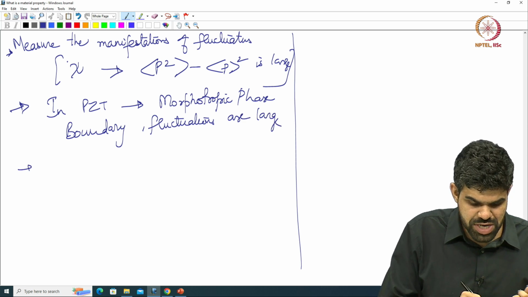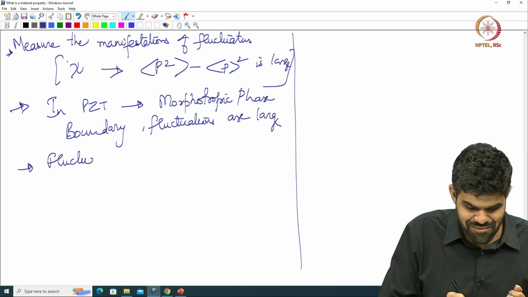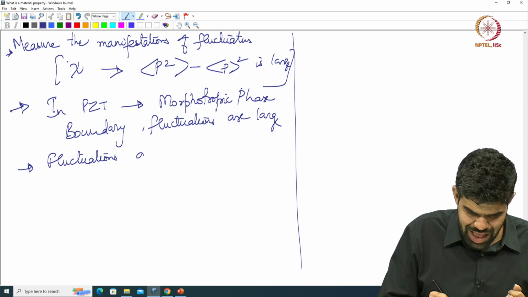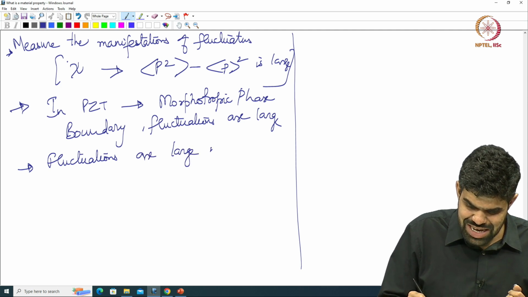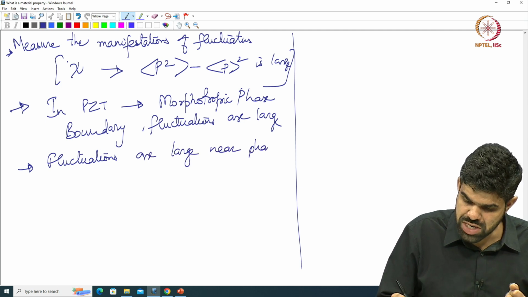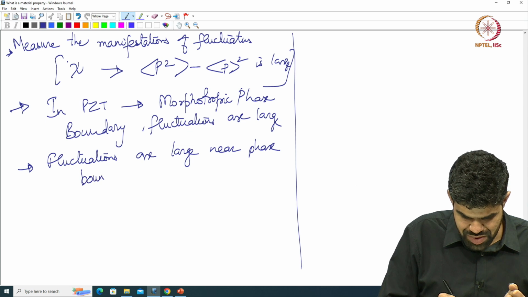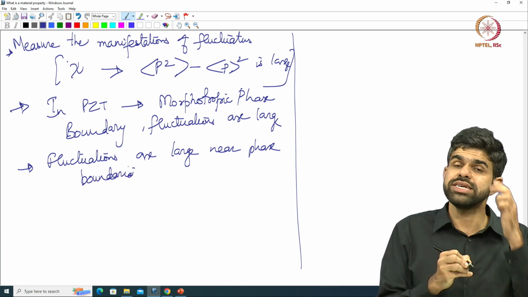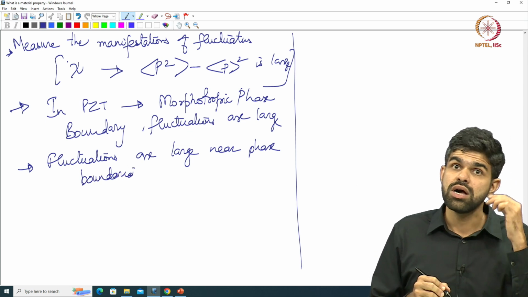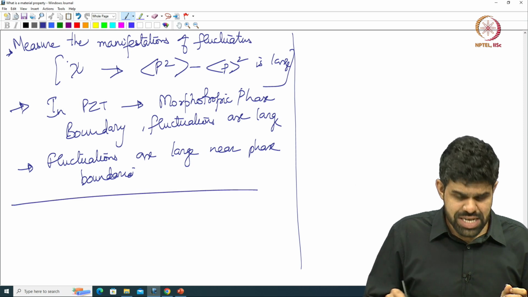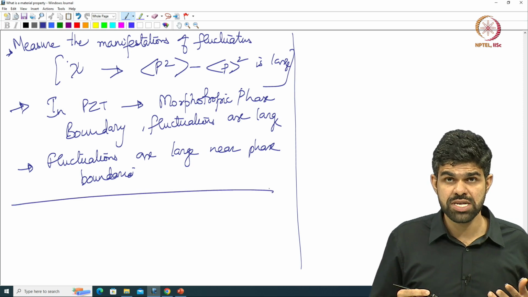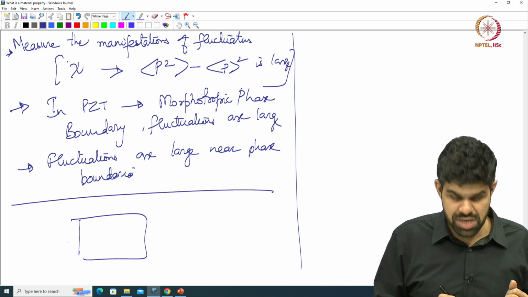So, fluctuations are large near phase boundaries, right. PZT is one such material, but there are these materials where I can have not 14 configurations,